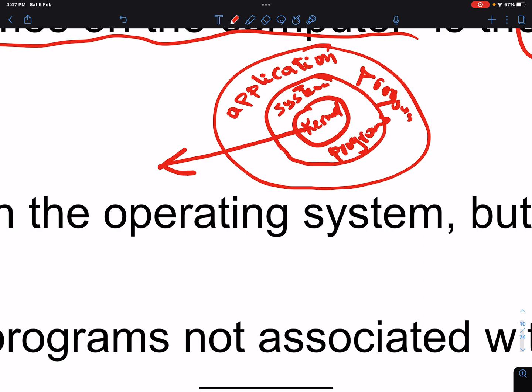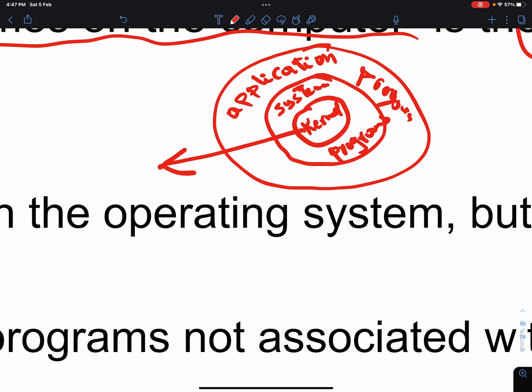Some operating systems consider something like TCP/IP for communication as part of the system programs. Others don't, by the way. But some of them consider it a system program, so it comes with the TCP/IP protocol, and you can use it to communicate with the outer world that is far from your computer. So those are system programs.